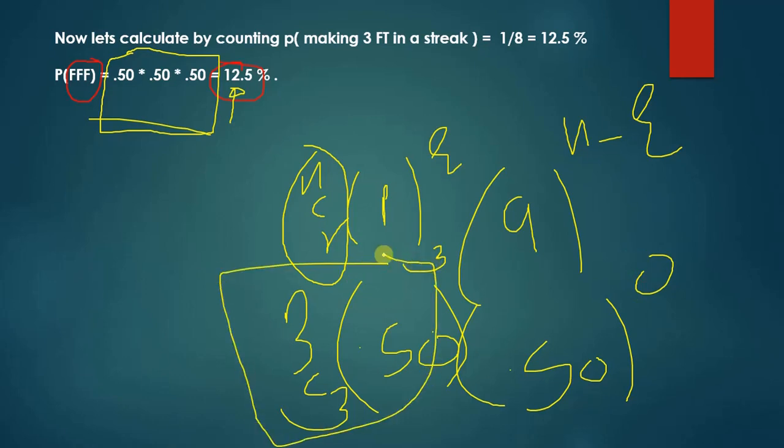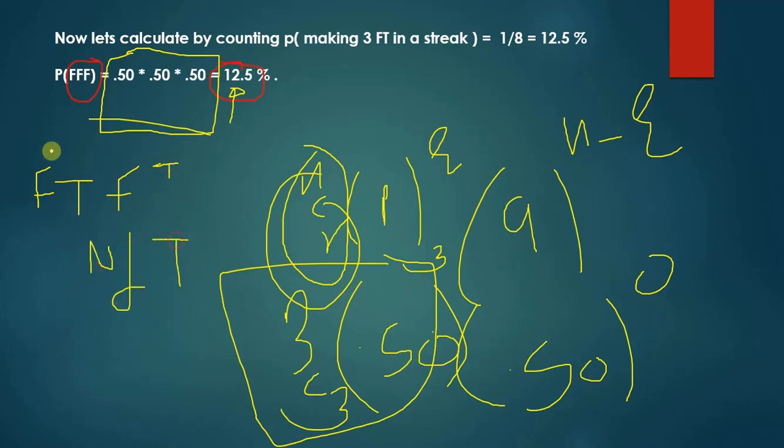Using this formula, you can now find the probability of making two free throws only and the third not a free throw. And why are we using nCr? To make better sense, for example, say free throw, free throw, and not free throw. This is not the only scenario where we can get a not free throw in the third attempt. A not free throw can occur in the first also, second also, third also. So nCr is arranging that. A not free throw can occur anywhere.